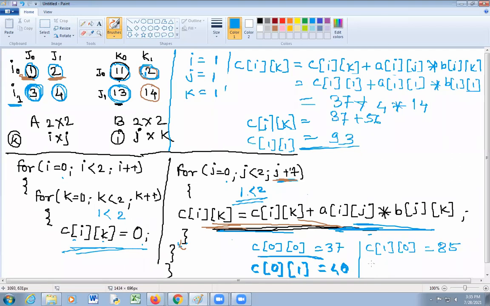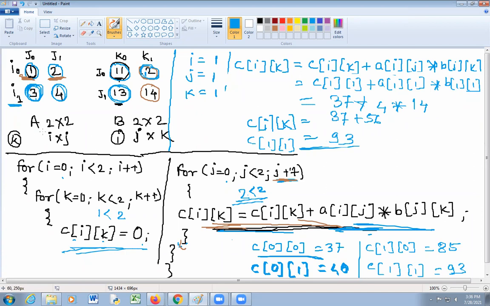I will put here C of 1 1 is 93. So increment value of J. After incrementing, it will become 2. So 2 is less than 2. This condition becomes false. Go out of loop.